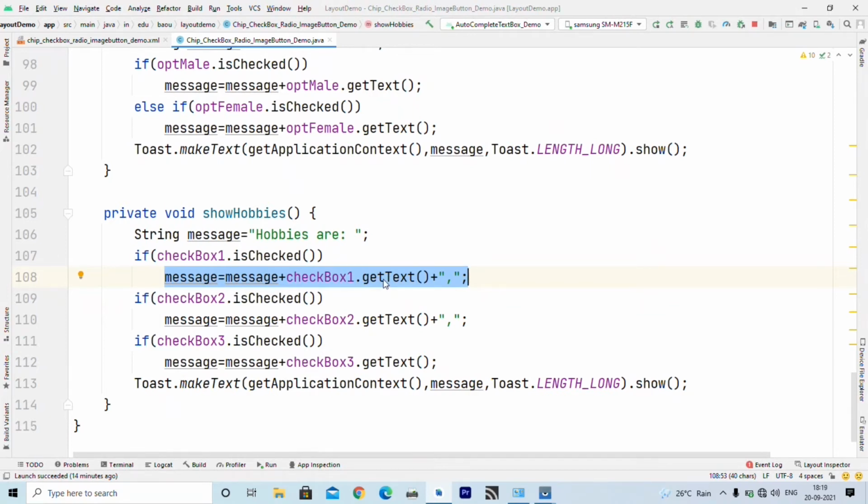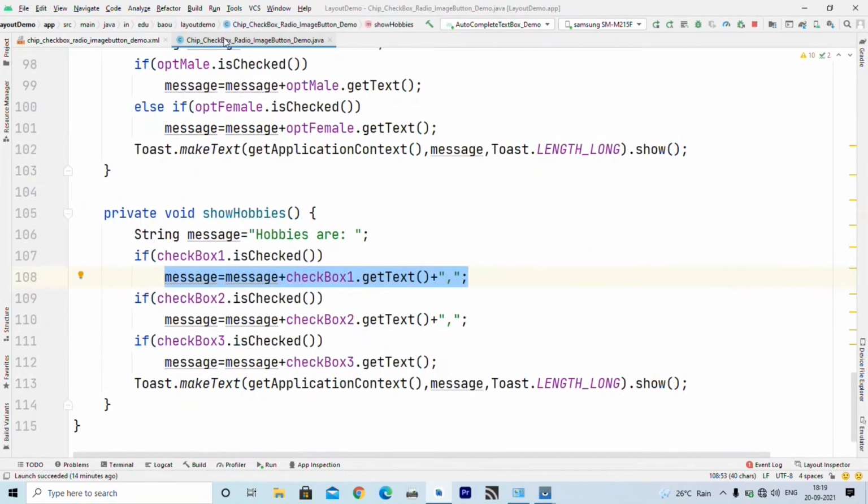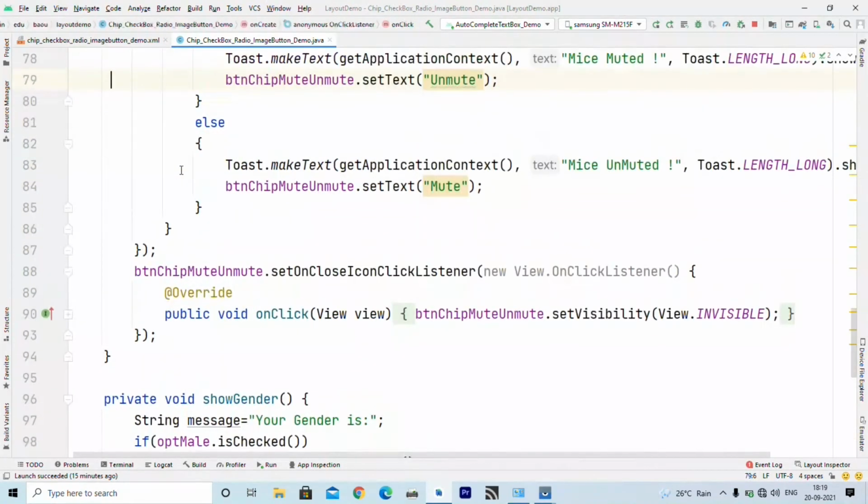If the second checkbox is checked, then my message will be "hobbies are reading and traveling". If all three checkboxes are checked, my message will be "hobbies are reading, traveling and music", right? This is how we can use checkbox.